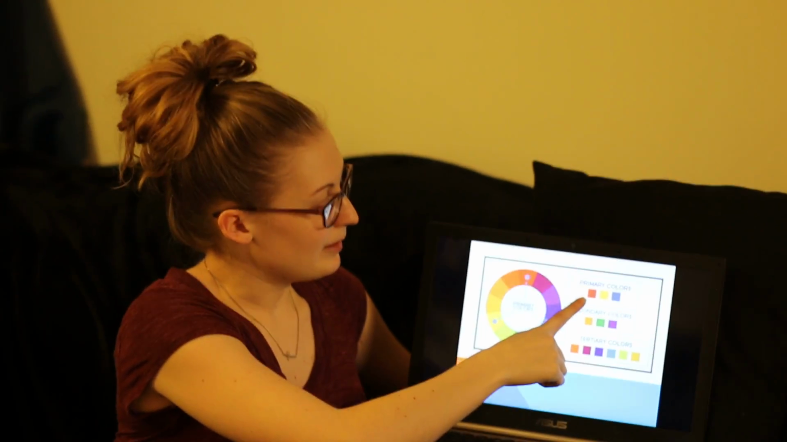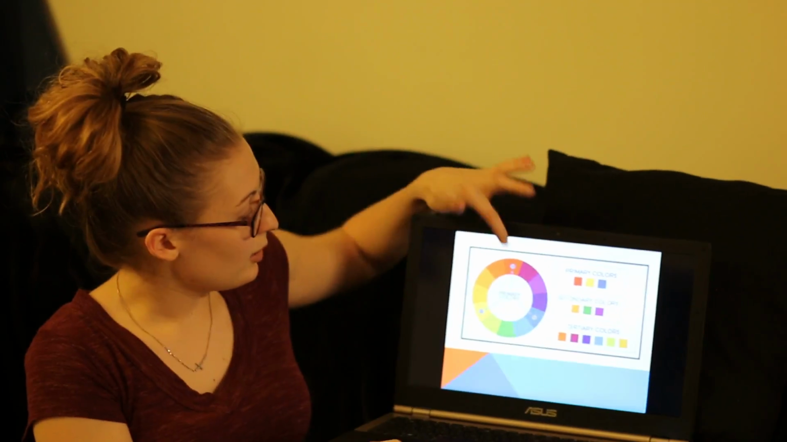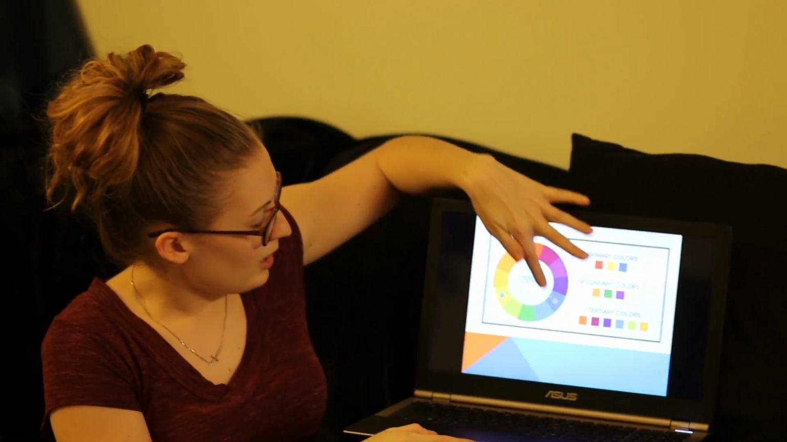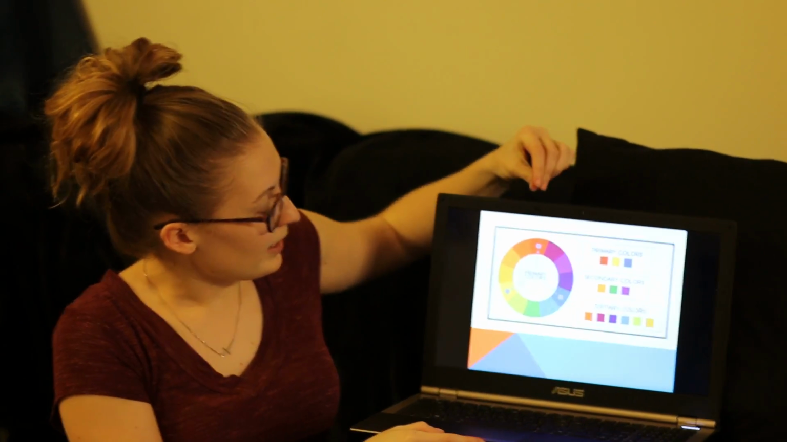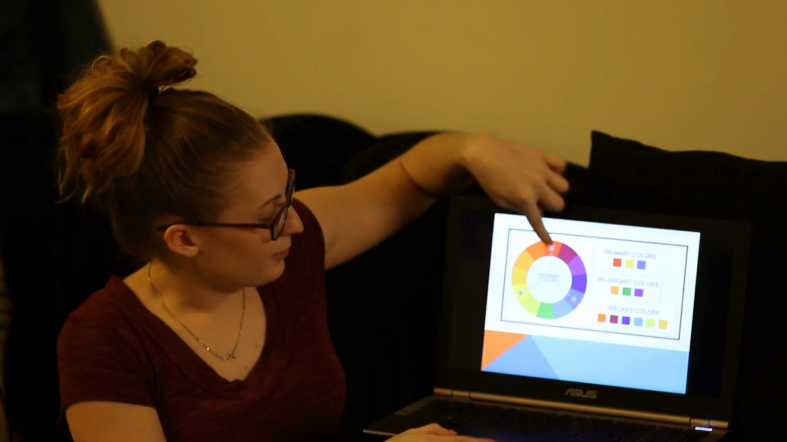Okay, it is red, yellow, and blue for the primary colors. They are located in a triangle on the color wheel. Like I said, red's always at the top. So if you just draw a triangle from the top, you're going to be able to remember what the primary